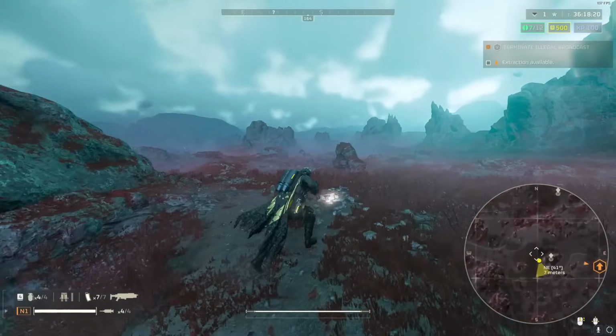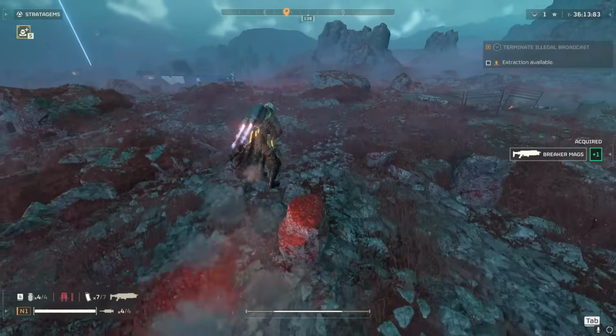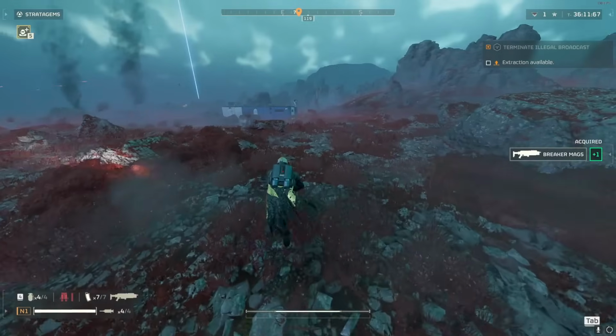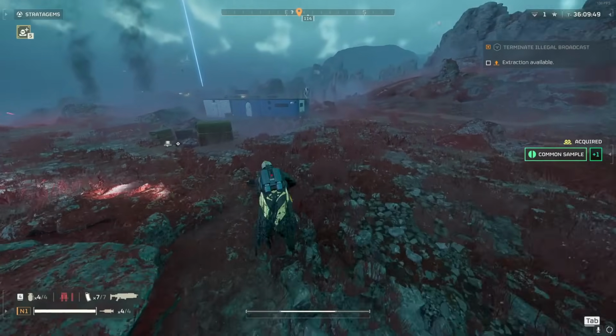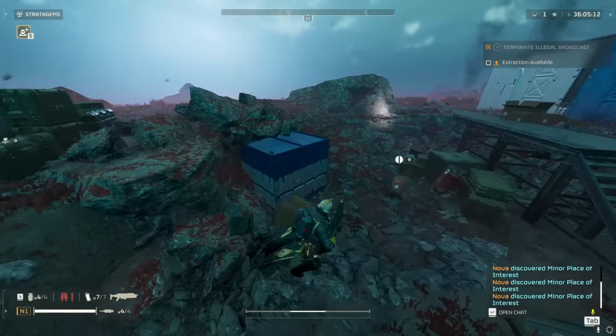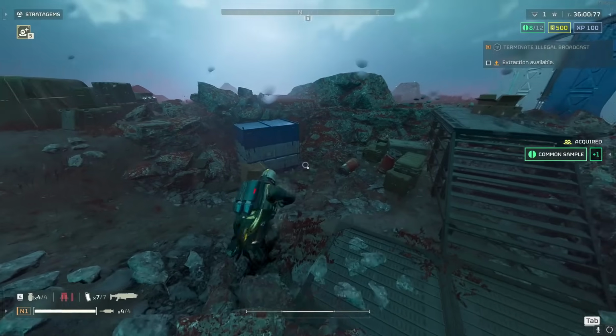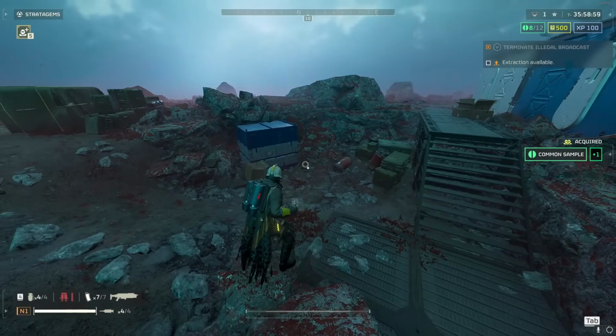Okay, so moving on to our next POI. It's right there. Southeast. There's something here. You can find machine guns and stuff. So sometimes you'll run into these blue crates right here. The way you break into these is you can either throw grenades at them, which, oh,